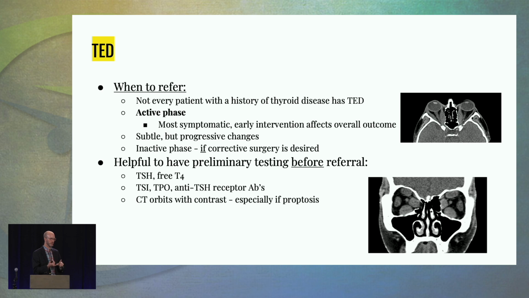But the people who look like something else, they look like preseptal cellulitis or something, they've got swollen red eyelids, pain, chemosis, that sort of thing, those are the people who I think really benefit from that really early aggressive treatment. But even the people with subtle changes, if you just follow these people over time, you can see some of these things progress, but you have to check. You have to measure their MRD1.